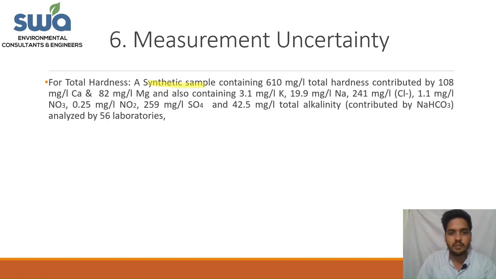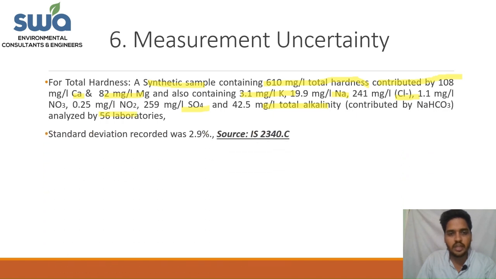So the synthetic sample which was containing 610 milligram per liter of total hardness, which was contributed by 108 milligram per liter of calcium and 82 milligram per liter of magnesium, also containing some other contents like potassium, sodium, chloride, nitrate, sulfate and total alkalinity, was analyzed by 56 different laboratories, and for total hardness the standard deviation recorded